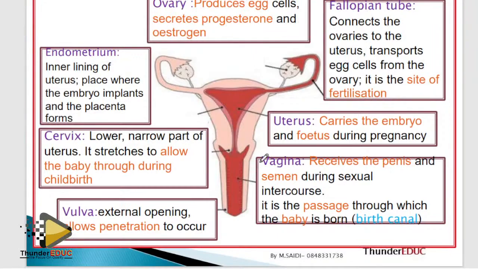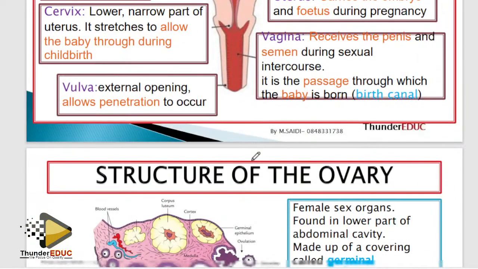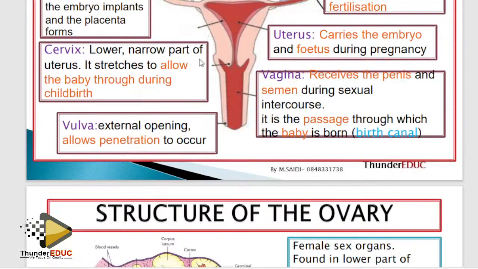Which hormone is responsible for secondary sexual characteristics? That is estrogen. Please, I'm not going to talk about this too much. Another thing students confuse is the difference between the vulva and the vagina. The vagina is the inside part, while the outside part is what is called the vulva. Please don't call the vulva the vagina. Never. They're not the same. The vulva is the outside part, what you see, while the vagina is the inside.